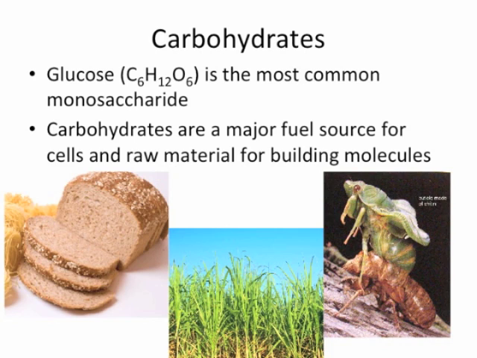So with grasses, most of what you're seeing is cellulose, which is a plant polysaccharide. In insects, the exoskeleton of lots of insects is made up of chitin, which is also a polysaccharide. It's an animal polysaccharide. So there are carbohydrates that we use for food, and there are carbohydrates that are used for structure.